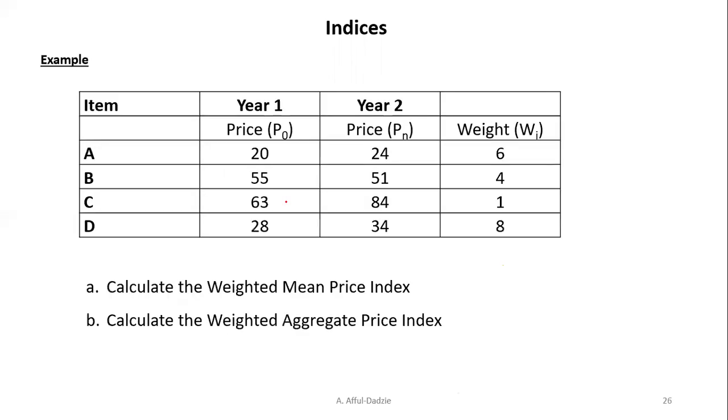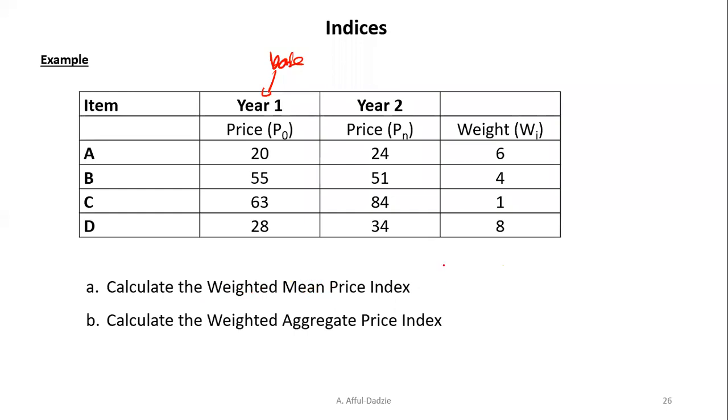So let's get into a question here. Let's say that we have year 1 and year 2. Let's take year 1 to be the base year, and these are the respective weights of the products. So it has that order. So let's compute the